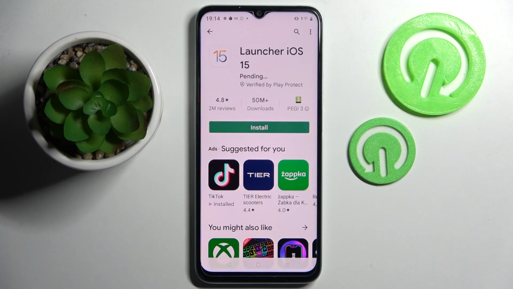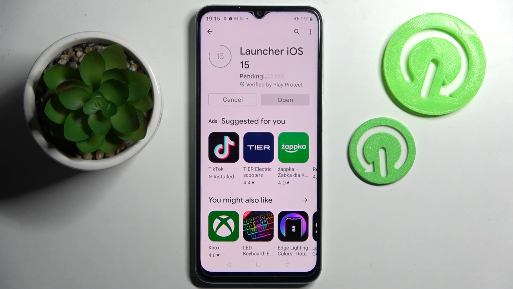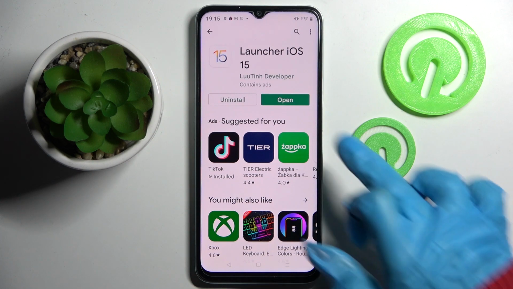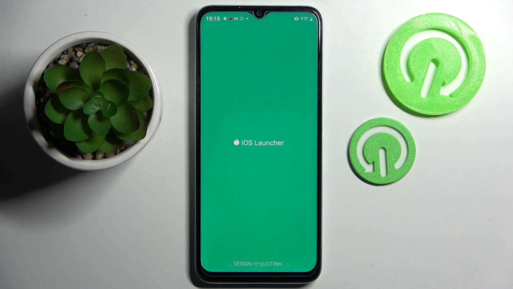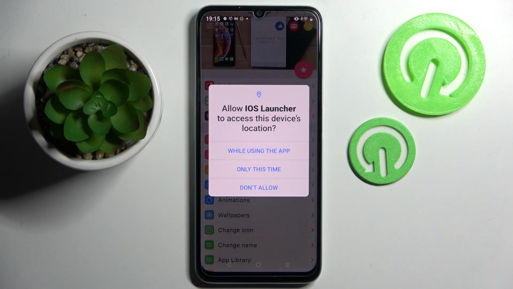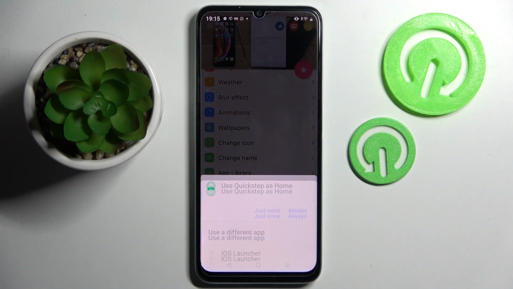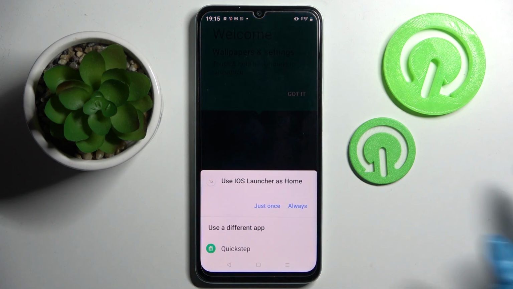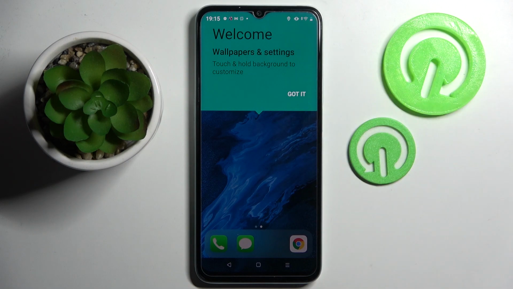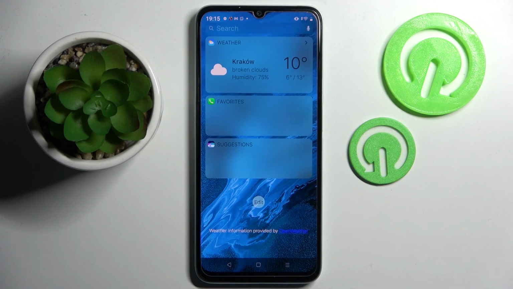I just need to skip my setup real quick. And now when I open it, I need to wait for the pop-ups. When they show up, you need to select while using the app and tap on Allow. Then click on Home button. Over here, select iOS Launcher, click Always, tap on Got It, and as you can see, app layout was applied